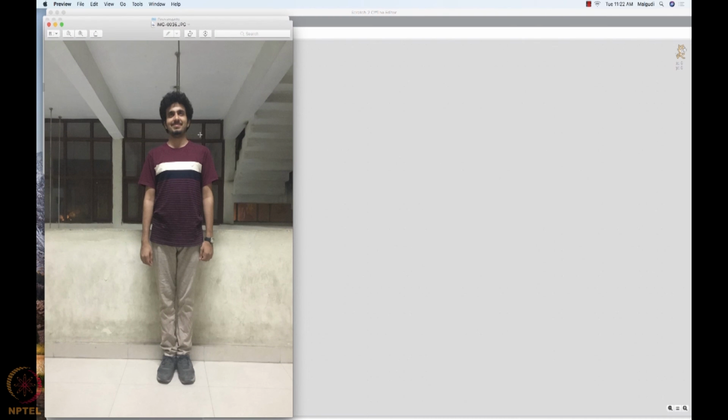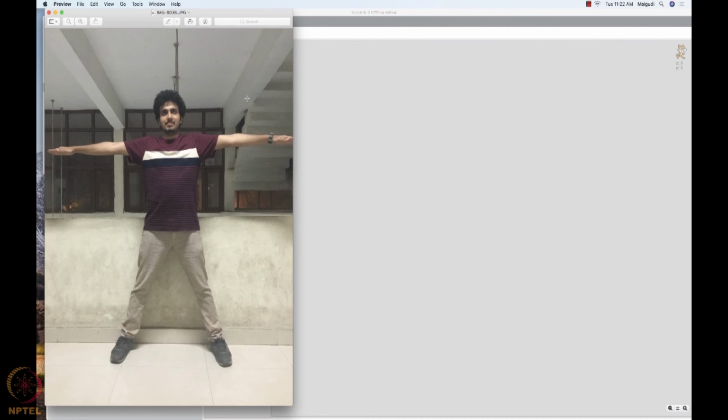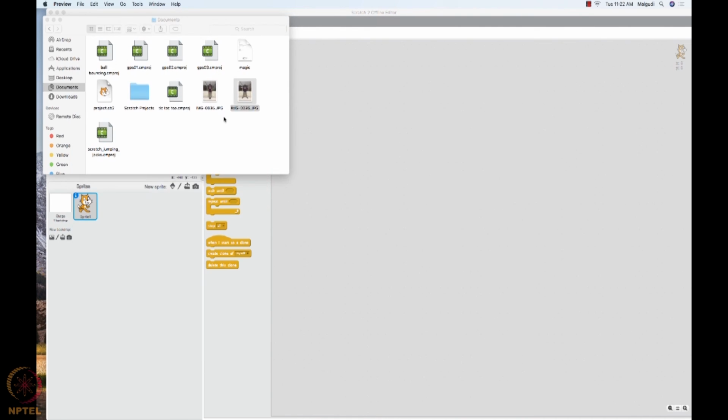In the first photo he is standing, and in the next photo he's waving his hand. His hands are at 180 degrees and legs are stretched. So we are going to use these 2 images to create a simple exercising program. So we will make Ravi jump and exercise using these 2 images.